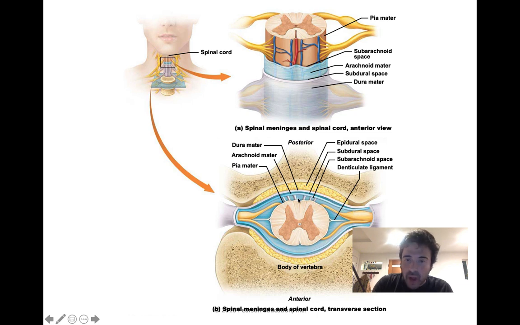Now, deep to the arachnoid mater is the space that's most relevant to this particular class. There's a volumetric space that surrounds the spinal cord between the arachnoid mater and the deepest layer, the pia mater. That volumetric space is called the subarachnoid space. And the functional role of the subarachnoid space is to allow the flow of cerebrospinal fluid around the brain and